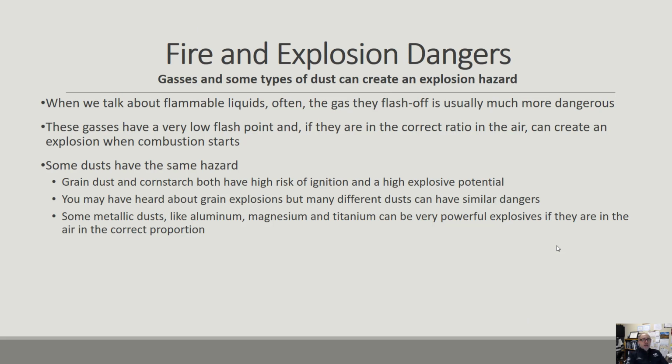Fire and explosion dangers. Gases and some types of dust can create an explosion hazard. When we talk about flammable liquids, often the gas they flash off is usually more dangerous than the liquid itself. These gases have a very low flash point, as we talked about earlier, and if they're in the correct ratio in the air, they can create an explosion when combustion starts. When we're dealing with ratios of gases to air and their explosive potential, we call it stoichiometry. Every flammable gas has a perfect stoichiometric ratio for maximum explosion danger, and we want to stay as far away from that as possible,